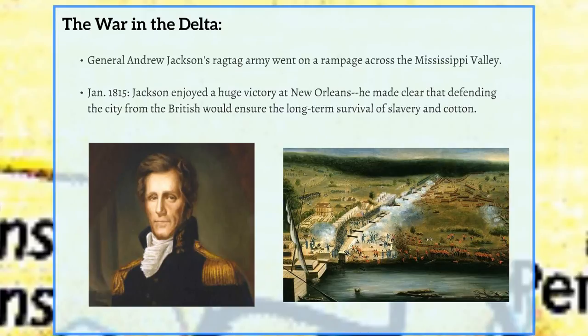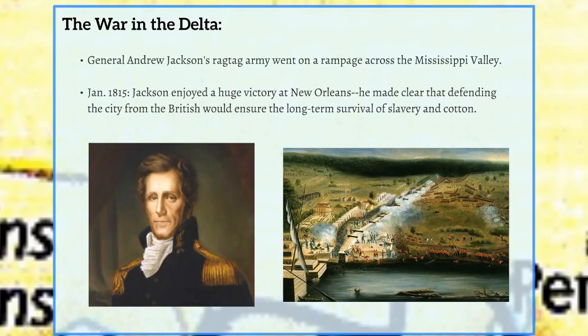Eventually, Jackson's army makes its way to New Orleans, where in January 1815, Jackson successfully defends New Orleans from a large British assault, arguably the most total victory for the United States in the war, and one personally very important for Andrew Jackson because his popularity after the War of 1812 basically enables him to make his way eventually to the White House. But what's interesting about Jackson's defense of New Orleans, it again shows how important slavery has become